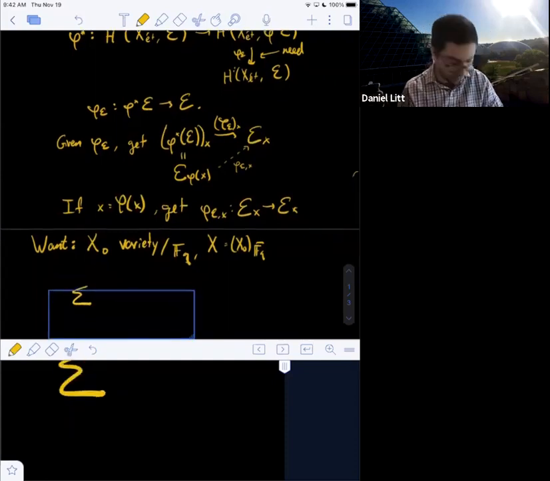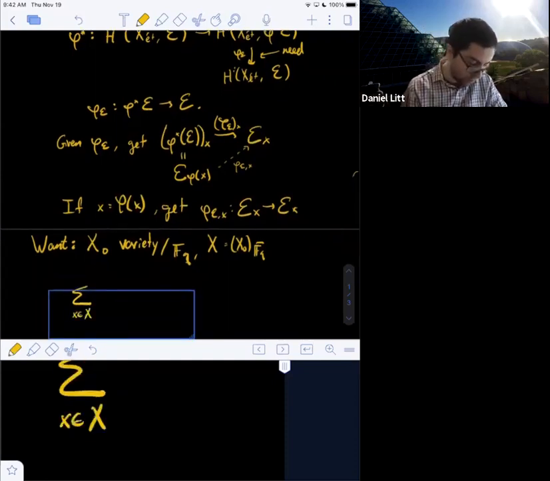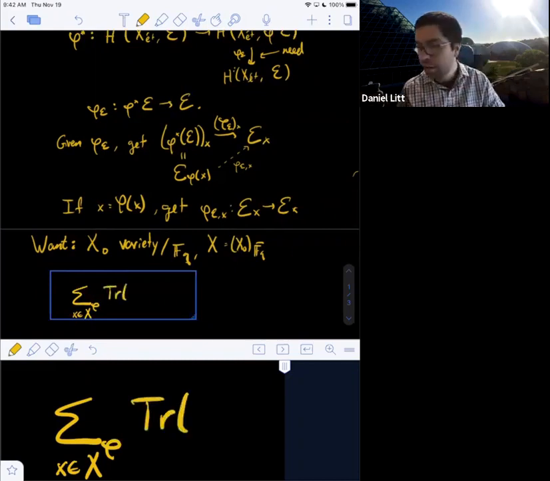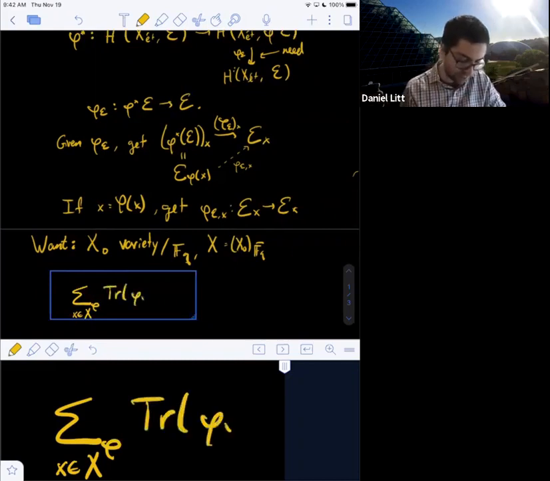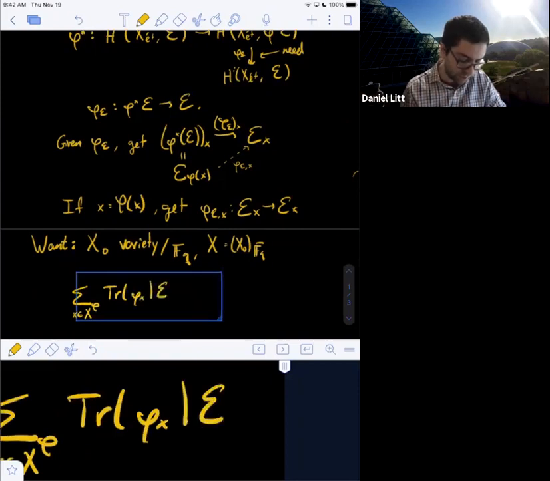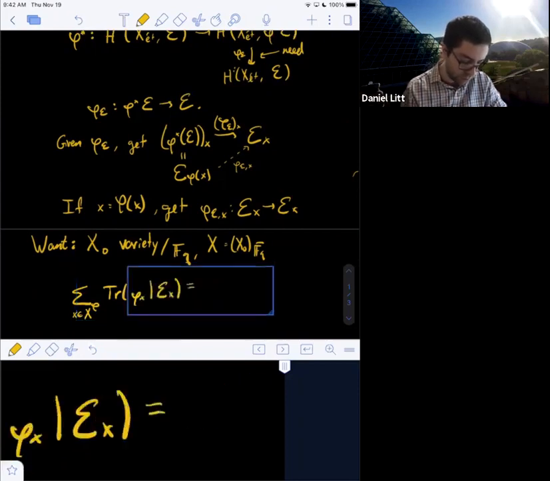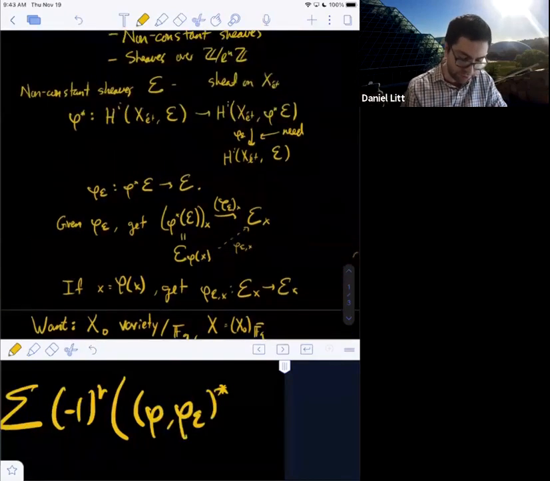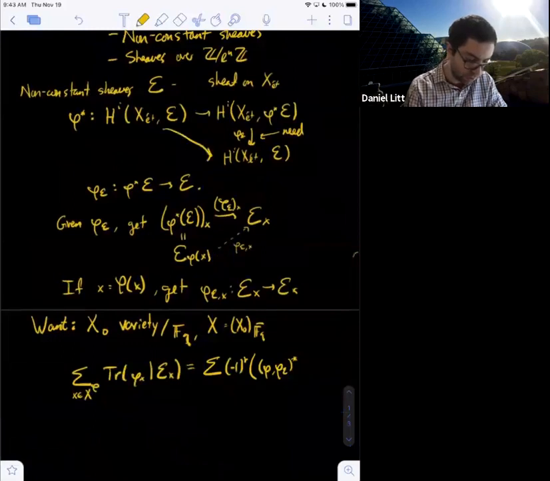the sum over x in the fixed point set of phi, so here phi will actually be Frobenius, but we'll discuss that in a second, of the trace of these phi sub x's on E_x should equal the alternating sum of the traces of, well, what I'll call phi comma phi_E star. So that was this endomorphism